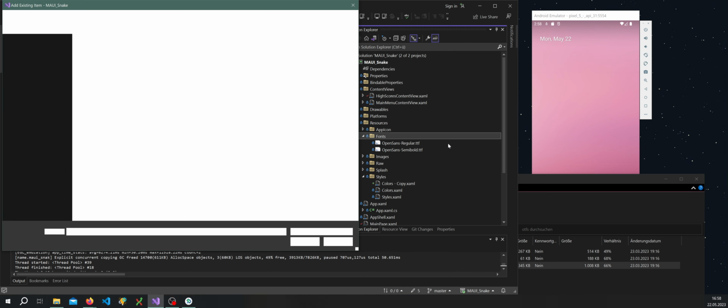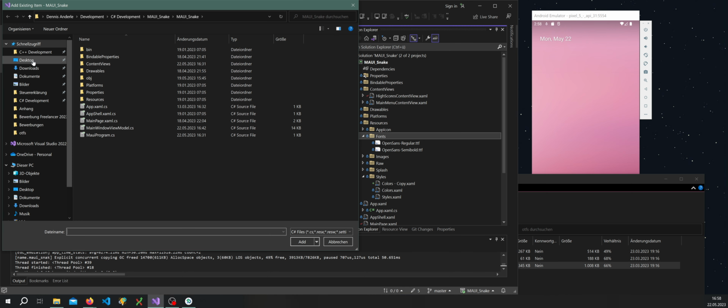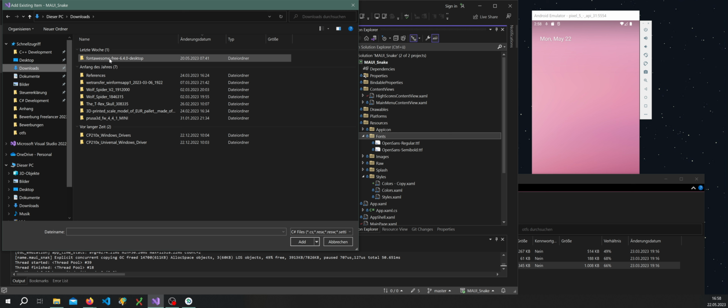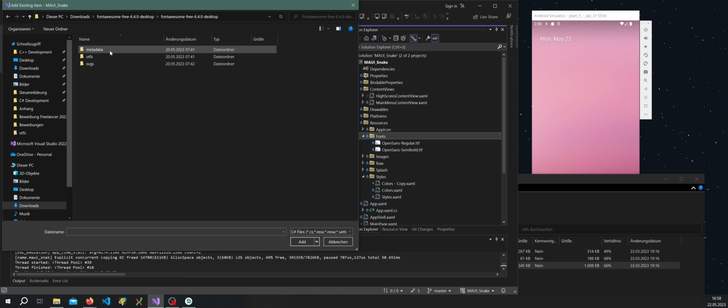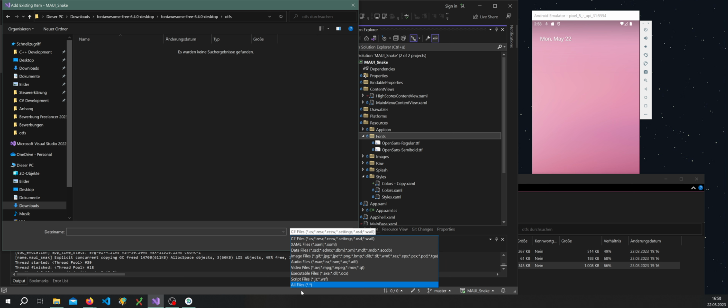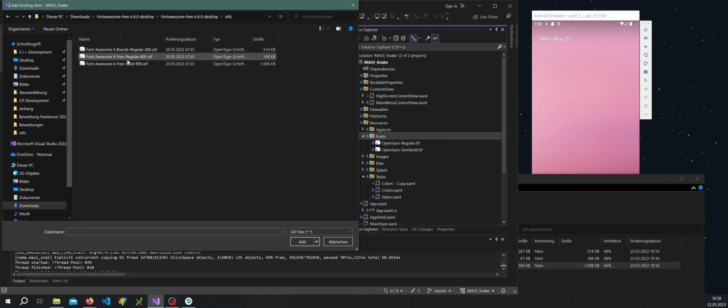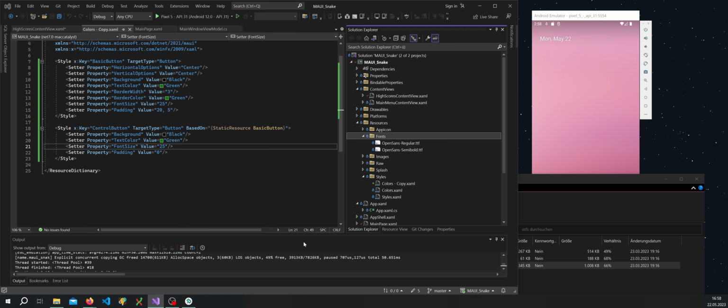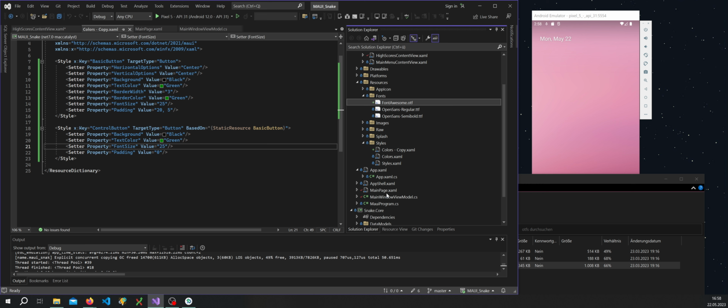Existing item. And then go to downloads, FontAwesome, OTFs, all files, and then the solid. Alright. I'm gonna rename this so it's gonna be easier to use in the project. I'm just gonna say FontAwesome OTF,